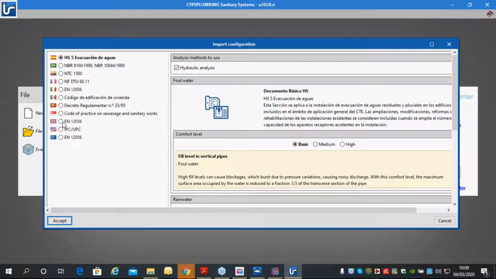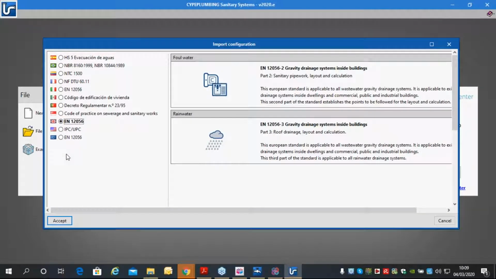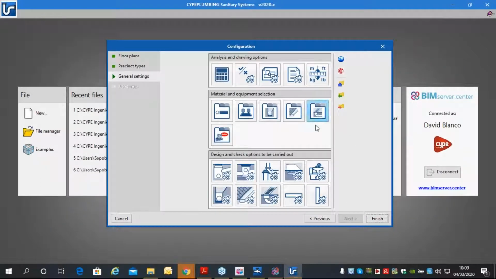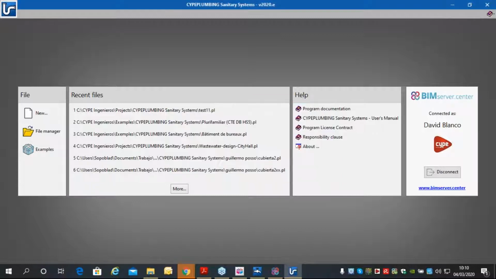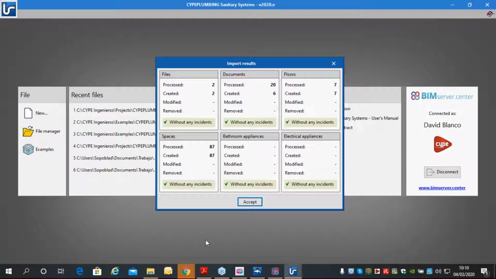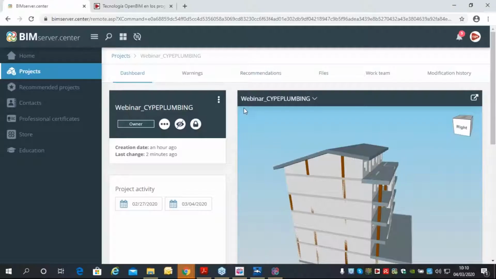For example, according to this preset, default codes, I'm going to use the British and European codes. We are going to accept. All the elements are already charged and loaded in the software. We are going to finish, and we are going to use these European codes by default for this sanitary design. Okay, we accept, and we have read all these files because we have architectural and water supply installation files, spaces,